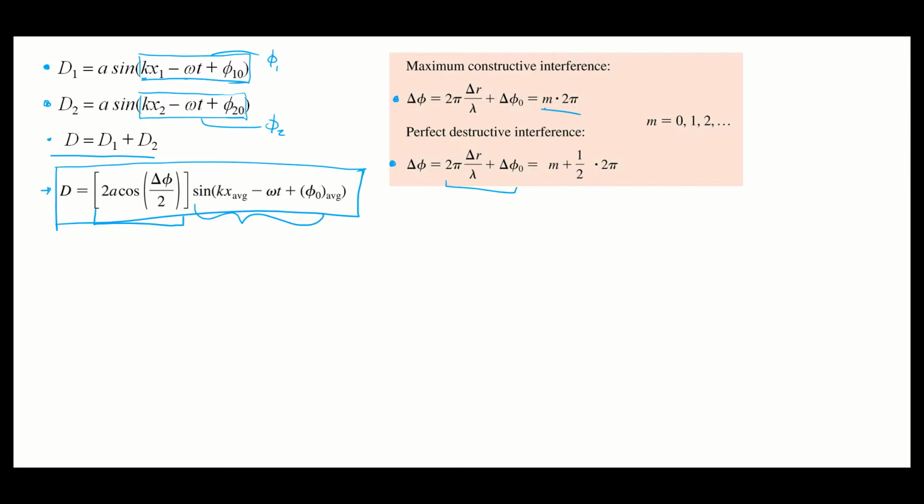What we're going to do today is, this was the example where we had two sources that had the same frequency interfering with each other. We're going to do one final type of interference. We're going to look at what happens if those frequencies are different. So we have two different sources of waves that are oscillating at different frequencies.